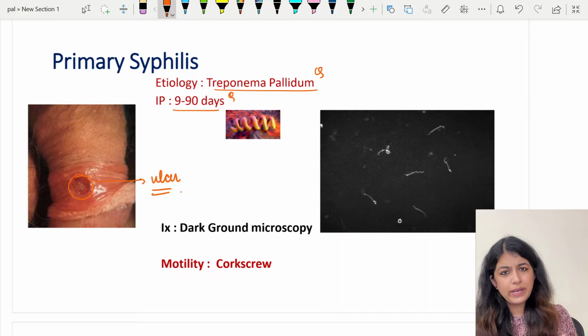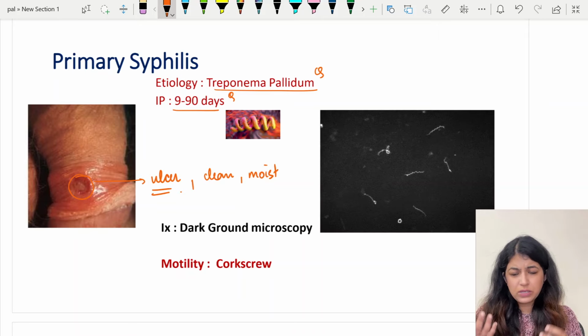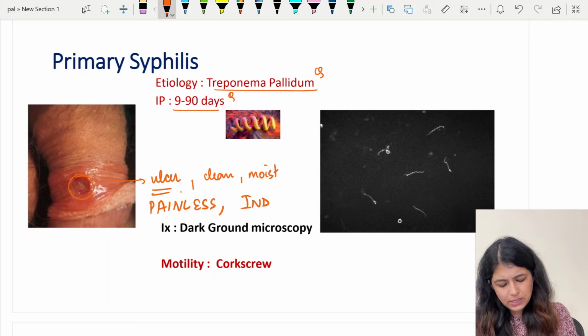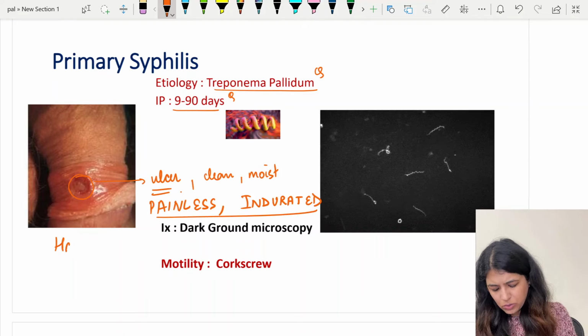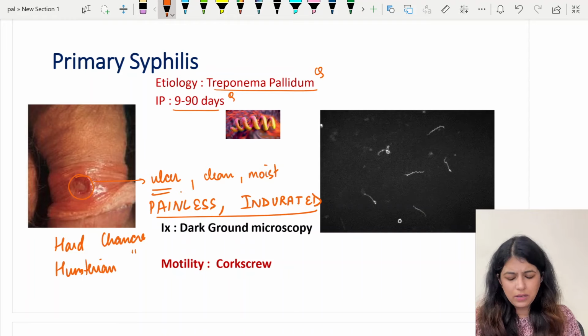So it's number 1, well-defined. Then number 2, it has a clean surface. When you look at it, it looks moist, oozy, because there's a lot of serum coming out of it. On palpation, most importantly, it's a painless ulcer and it is indurated. So it's a painless indurated ulcer, also called as hard chancre or Hunterian chancre. So primary syphilis is also called as hard chancre or Hunterian chancre and typically presents as a painless, indurated, well-defined